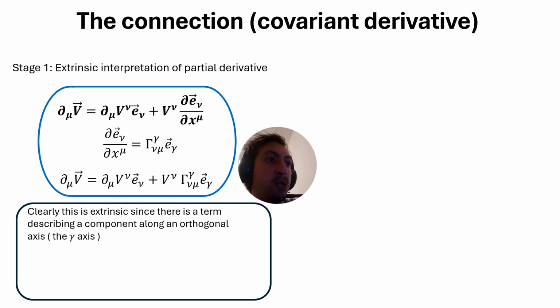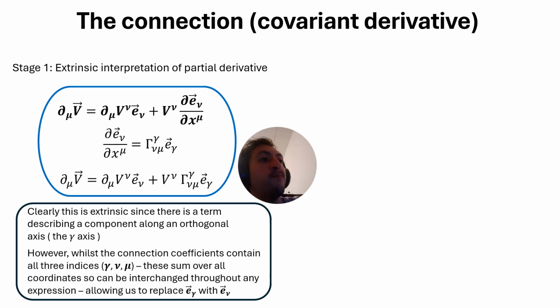So we want nu basis vectors to be specific. And we can do that in our last term by just switching our gammas to our nu's and our nu's to our gammas. And we can do that because although geometrically we're thinking of gamma as being perpendicular to the tangent space,